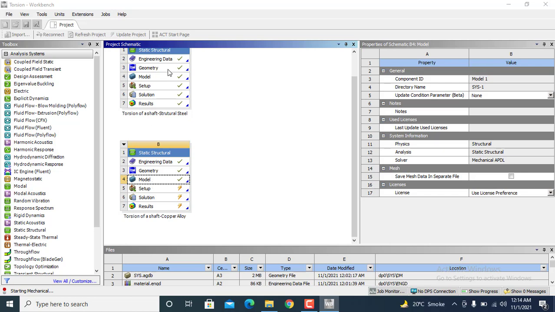We have previously added all the materials in the analysis system. We don't have to perform any extra steps to assign the model. The results have been previously added. We will just go into the model tab and we'll change the material selection from structural steel to copper.